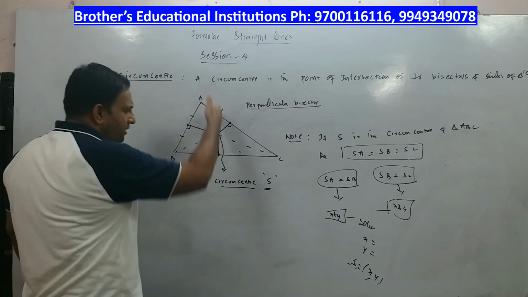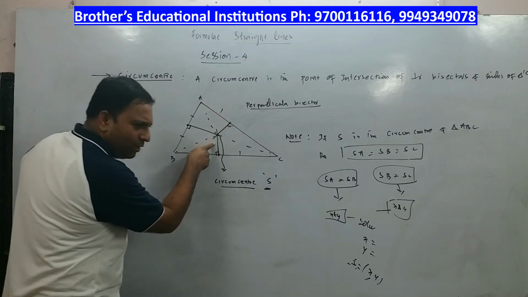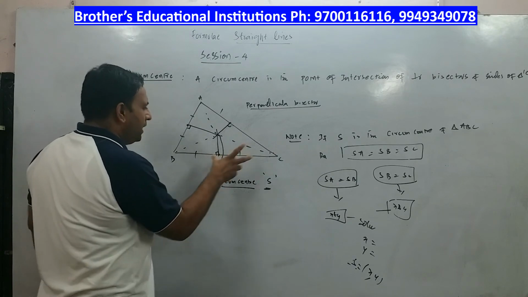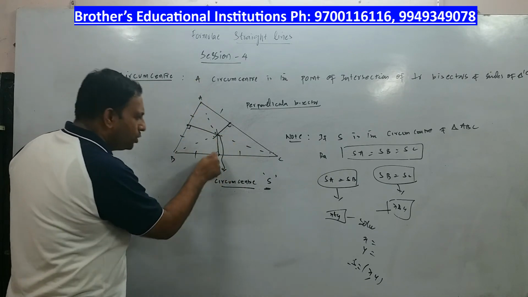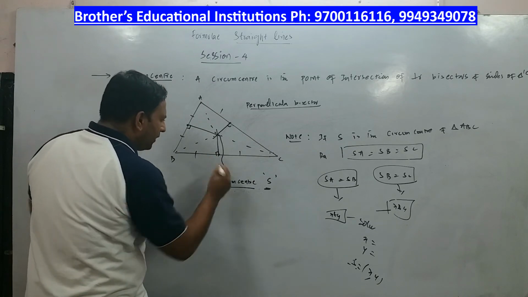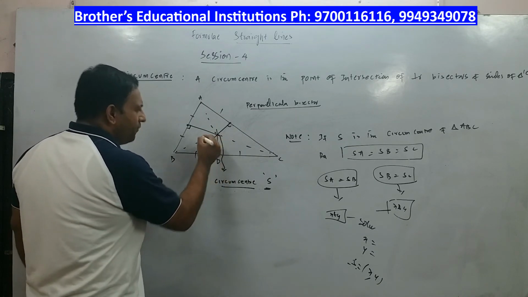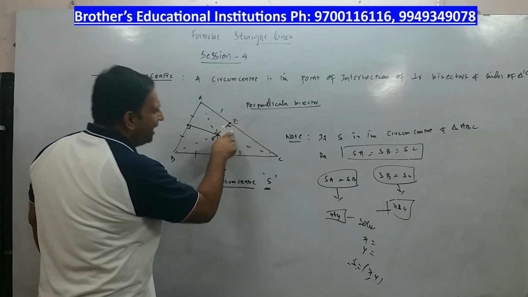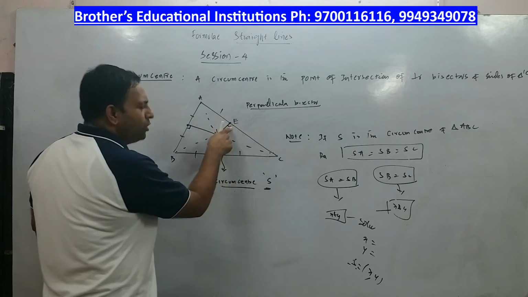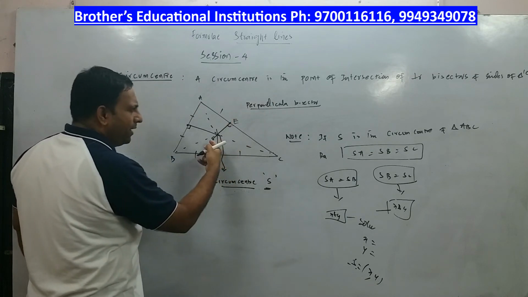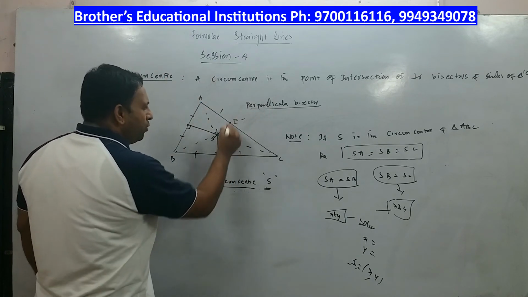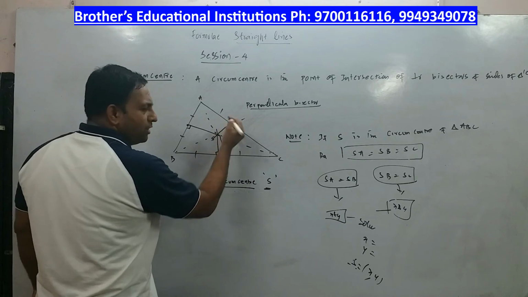Otherwise, find the equations of the perpendicular bisectors. How will you find this equation? Take the midpoint D of BC, take the slope of BC, reverse the number, change the sign, and you get the perpendicular slope. So with this point D, you get the equation of SD. Similarly, find point E, the midpoint of AC. Find the slope of AC, reverse the number, change the sign, and you get the perpendicular slope. With that slope and this point E, you find the equation of ES using the one-point form.